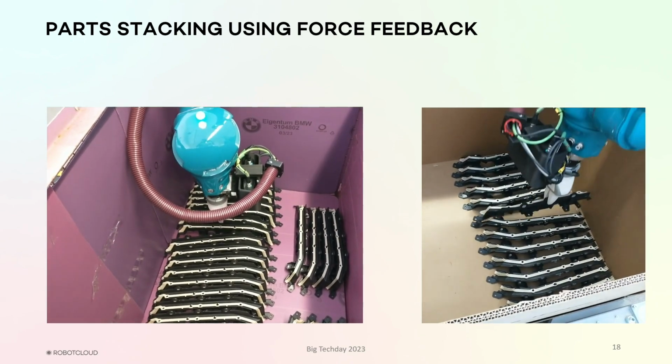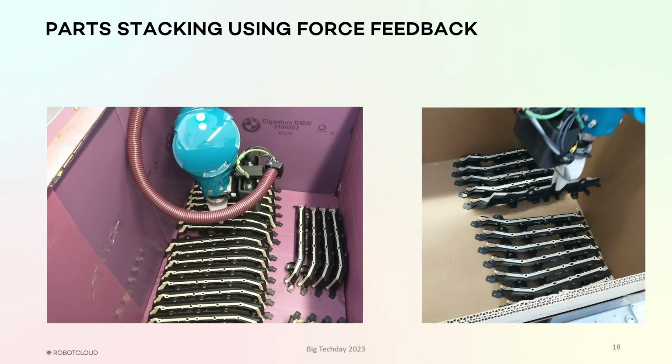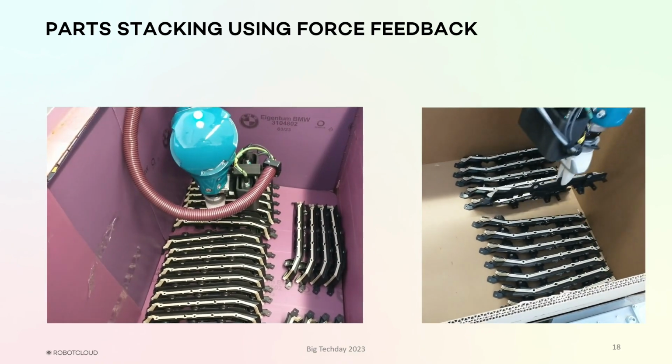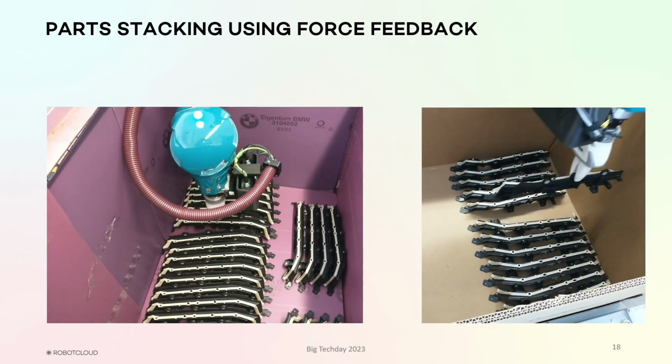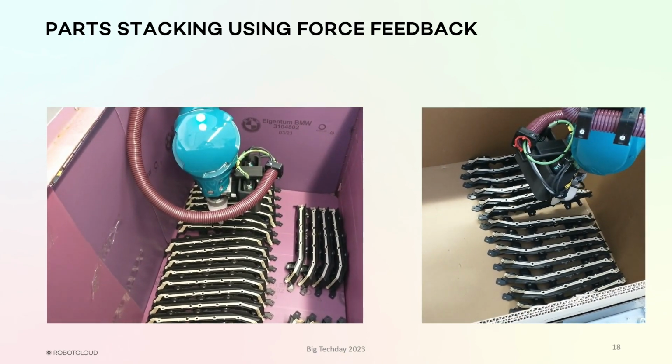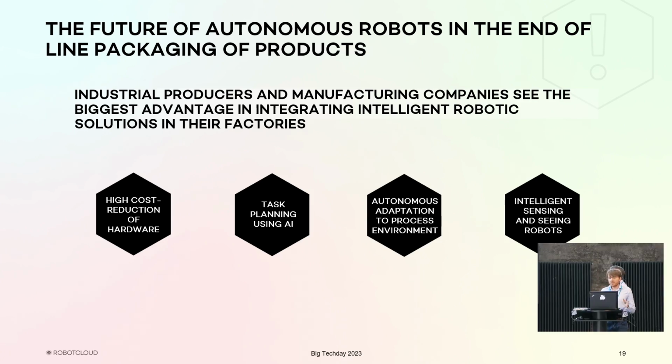And of course, we are working on more advanced algorithms for operating in even tighter spaces, so that, similar to humans, the robot can insert a part without damaging any neighbor. So for the future outlook, the idea of using AI and motion planning